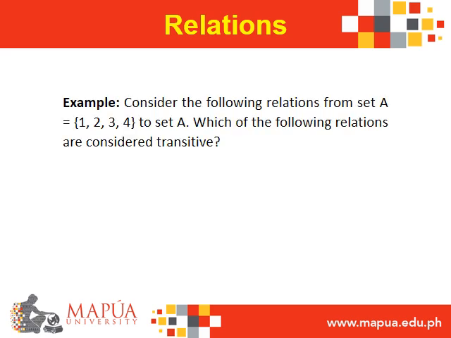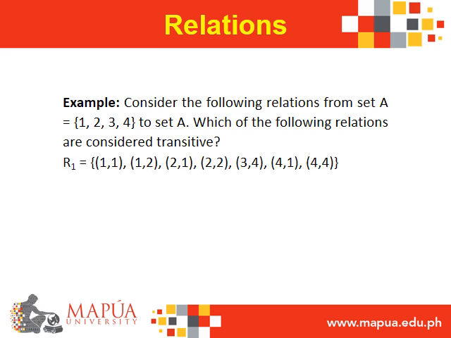Let us consider this example of relations which were taken from set A containing values 1 to 4 and determine which of the following relations are considered transitive. If we look at R1, R1 is not transitive due to the fact that you have the ordered pairs 3, 4, 4, 1, and there is no ordered pair 3, 1 on your relation R1. If you look at R2, R2 is also not considered transitive, although on your relation R2, you can see that you have the ordered pairs 1, 2, 2, 1,